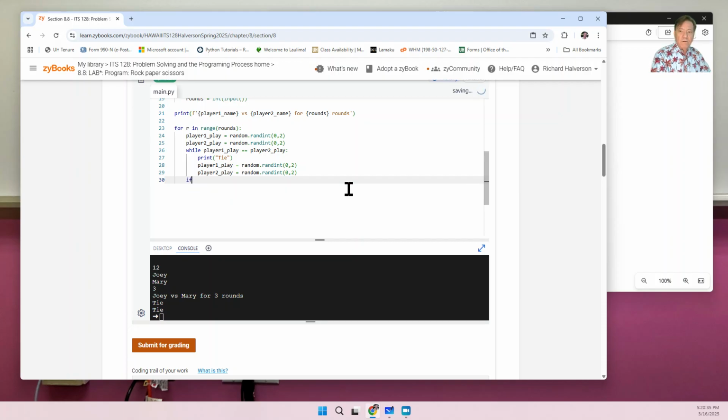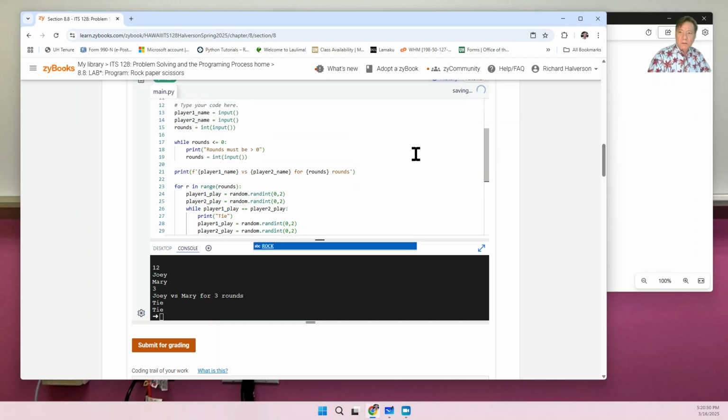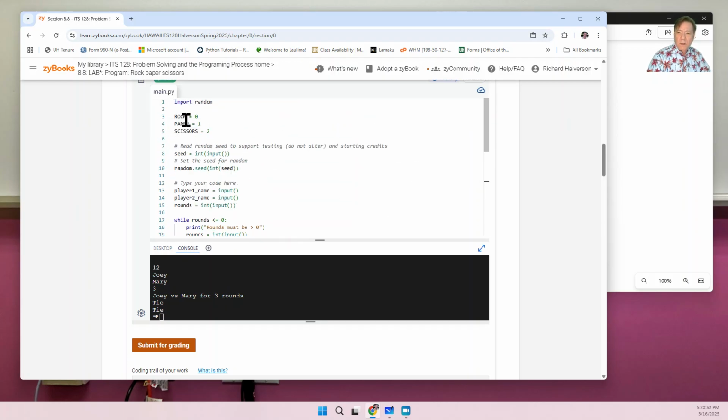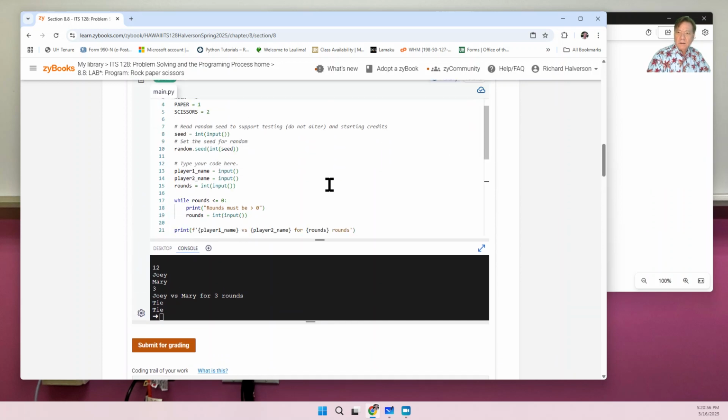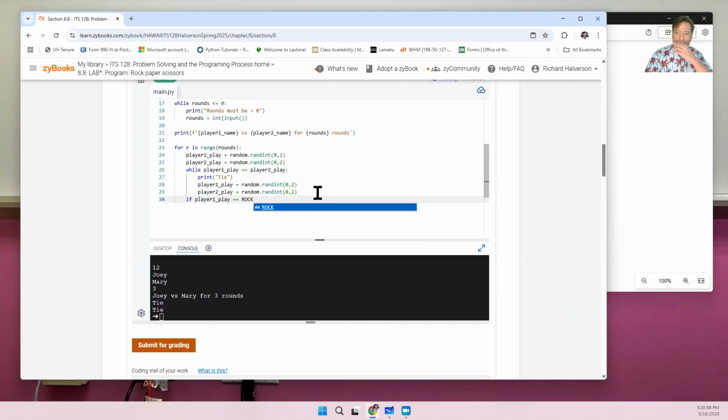If player 1's play equals rock, and I can use these because I defined them up here. I defined these constants. They're just variables that are defined. If player 1 equals rock, then